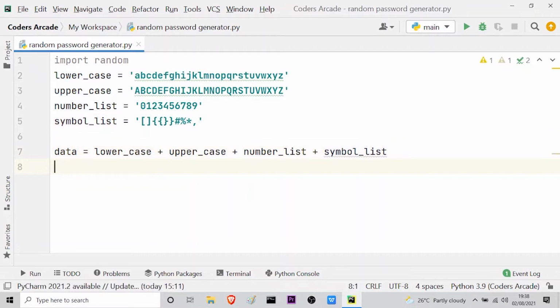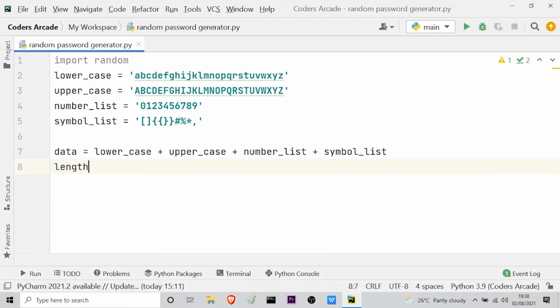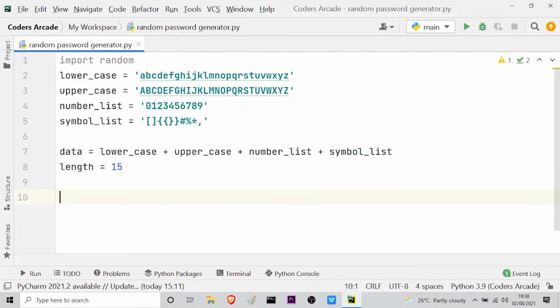After that, let me define the length of my password. So length is equal to, suppose 15. Then finally let me define my password variable.